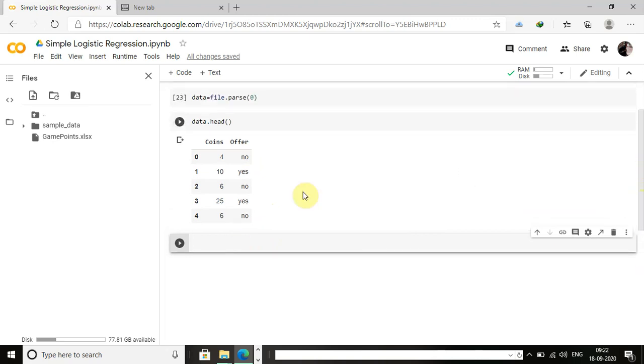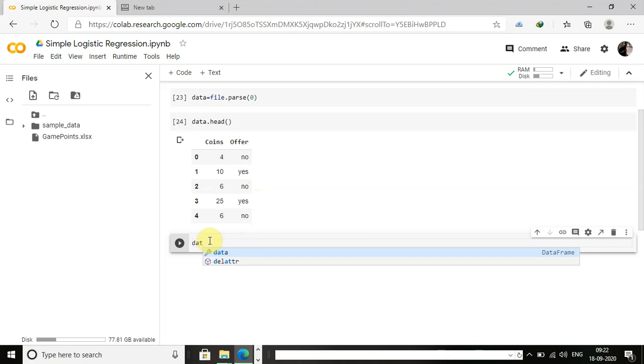So now I have to change this yes and no to 0 and 1 because we are going to pass this data to the model, which accepts numerical values. For that, I am going to use the map method in core Python. data of offer equals data of offer dot map.